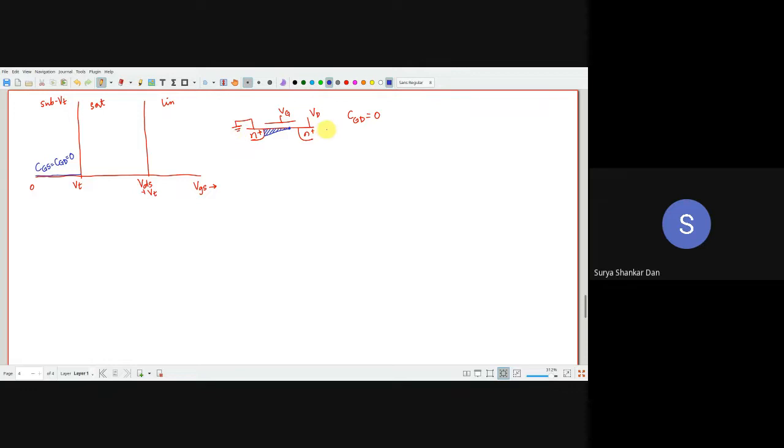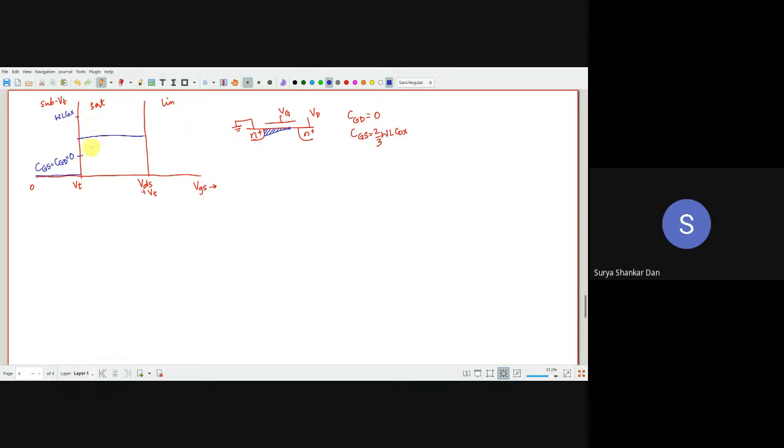Over here what we get is CGD is 0. However, the entire capacitance will be concentrated on the source side because as you can see there is a channel region over there. Okay, so here CGS turns out to be 2/3 WLCox. But why 2/3 WLCox? Again, please check it out in the PMMD course. Okay, so यहाँ पर this is the maximum. So if this is your WLCox, so इसका 2/3 will be here.